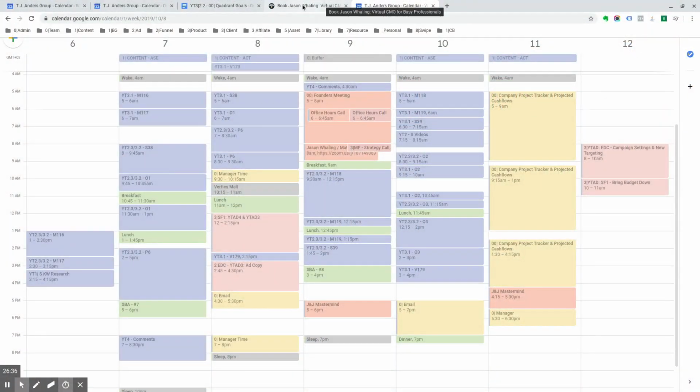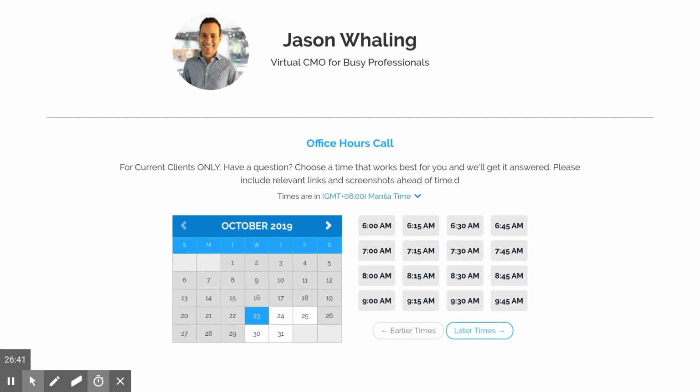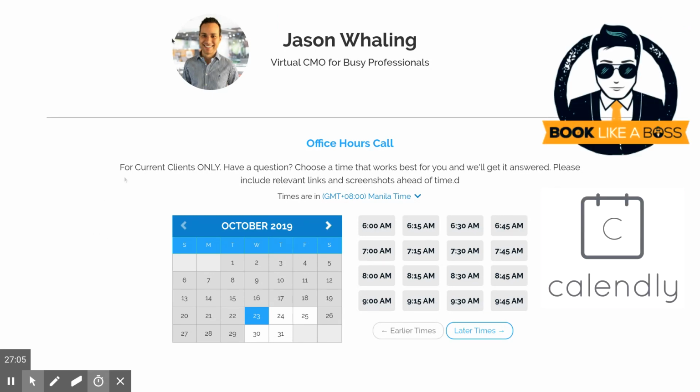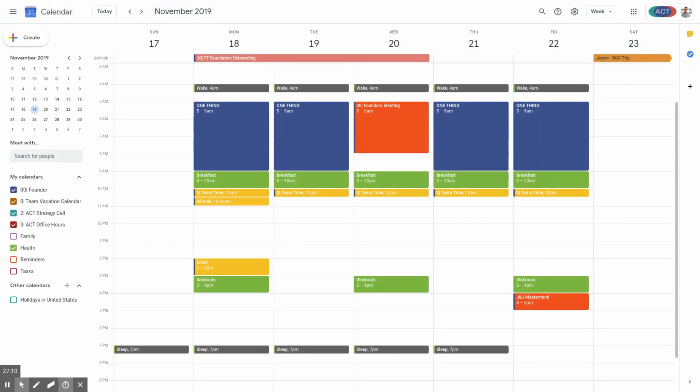And before we wrap things up, I have one more tip for you, and that is to use a service for people to book calls with you. So this is an example page that we give to our clients, and so they can come in here and schedule their calls, so there's no emails back and forth, and I don't have to open up my email to know if I have a call in the afternoon. Now, obviously, I always put these during my buffer times, so as I'm planning out my week, I know when I already have calls, but I just wanted to recommend this service is called Book Like a Boss. Calendly is another great tool you can use to make sure that your time blocks are not harmed by client meetings.